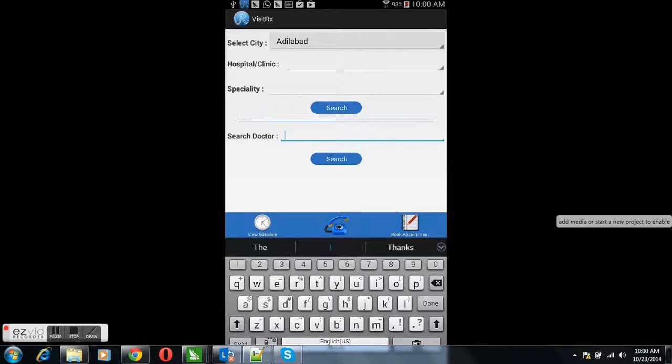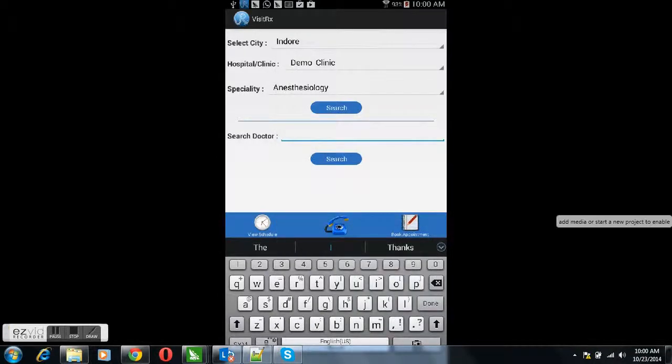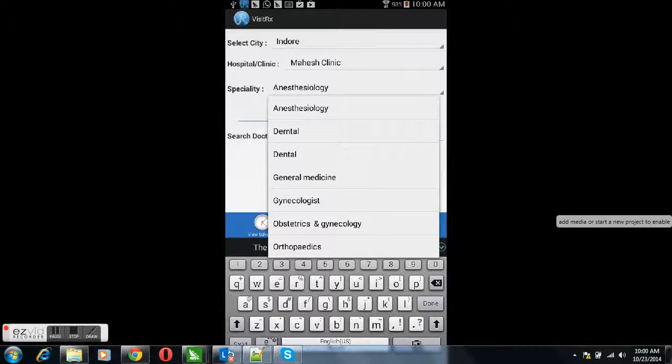Let's select the city, then the clinic or hospital list will start appearing here. Let's select the clinic from that city, and then select the specialty for which we are looking for the doctor, and based on the specialty we can perform the search.